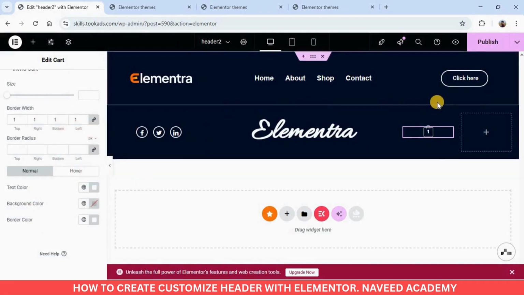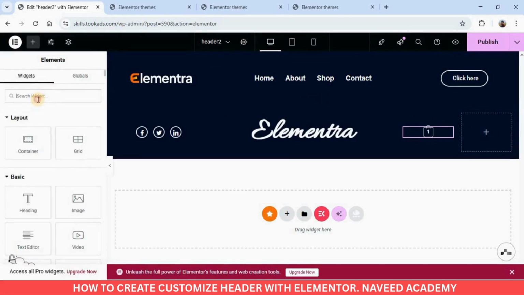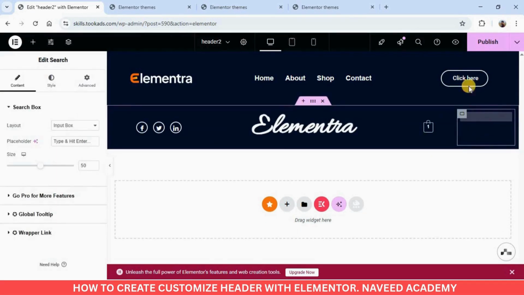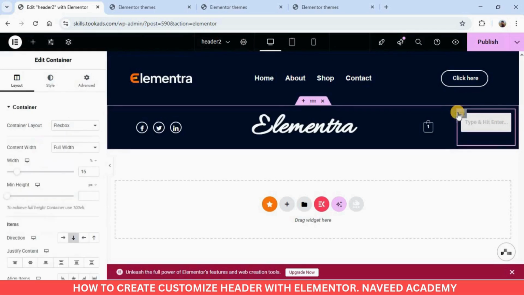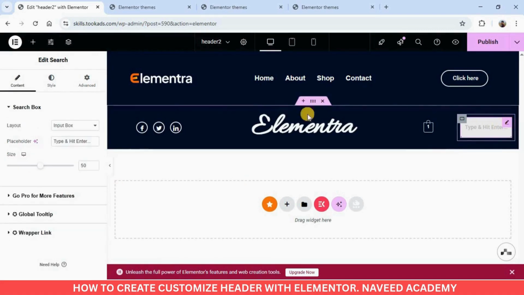After creating the cart item, click here on this plus icon and go to widgets, and we need to search the search icon. Drag this search icon over here. Go to column and go to advanced, set it align self to center, and then click on this pencil icon.